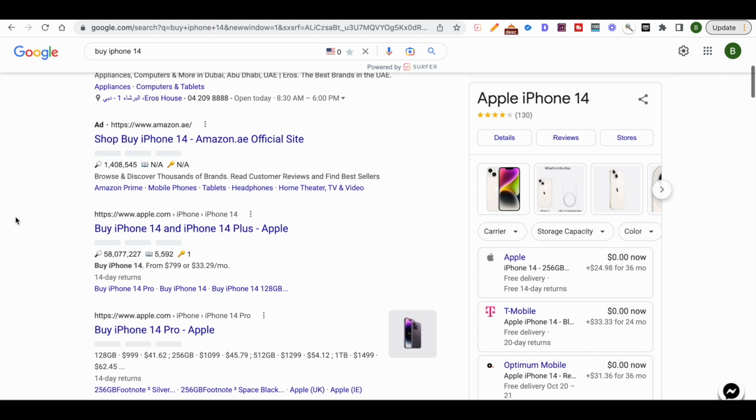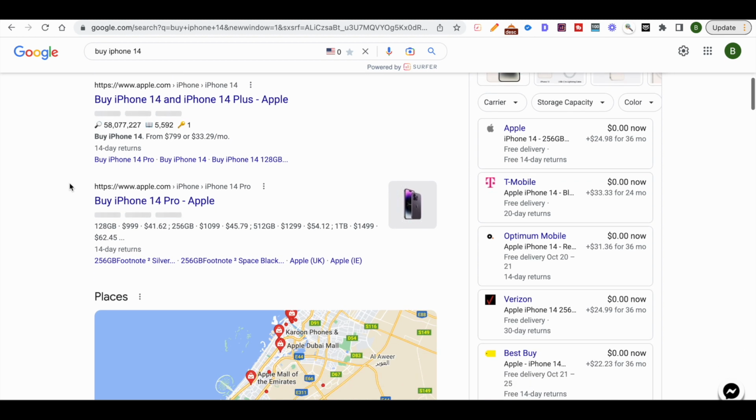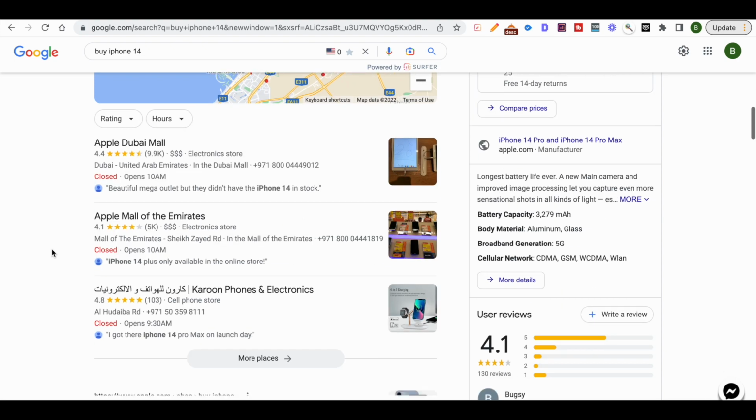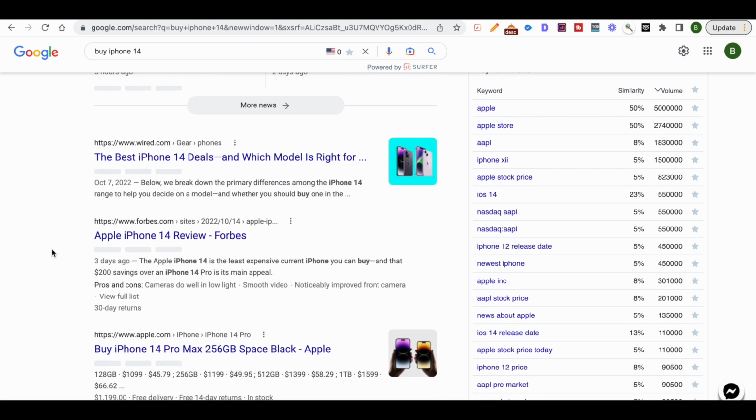This is an ad right here, transactional intent. Then this is Google's website. This is Google's store in Dubai. It also shows me where I can go and buy all the places. And so if you're trying to rank for buy iPhone 14 Dubai,